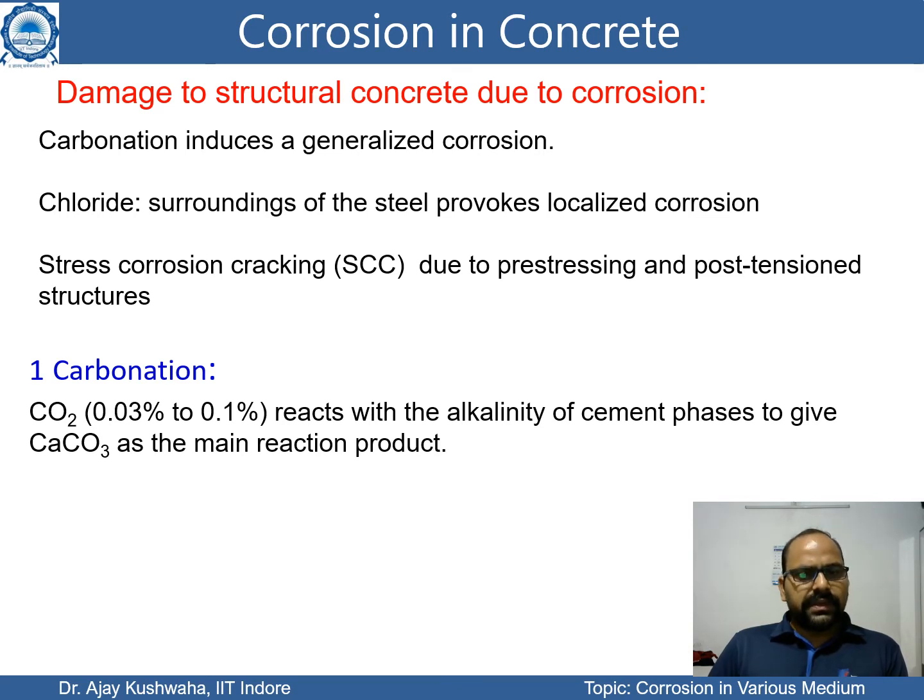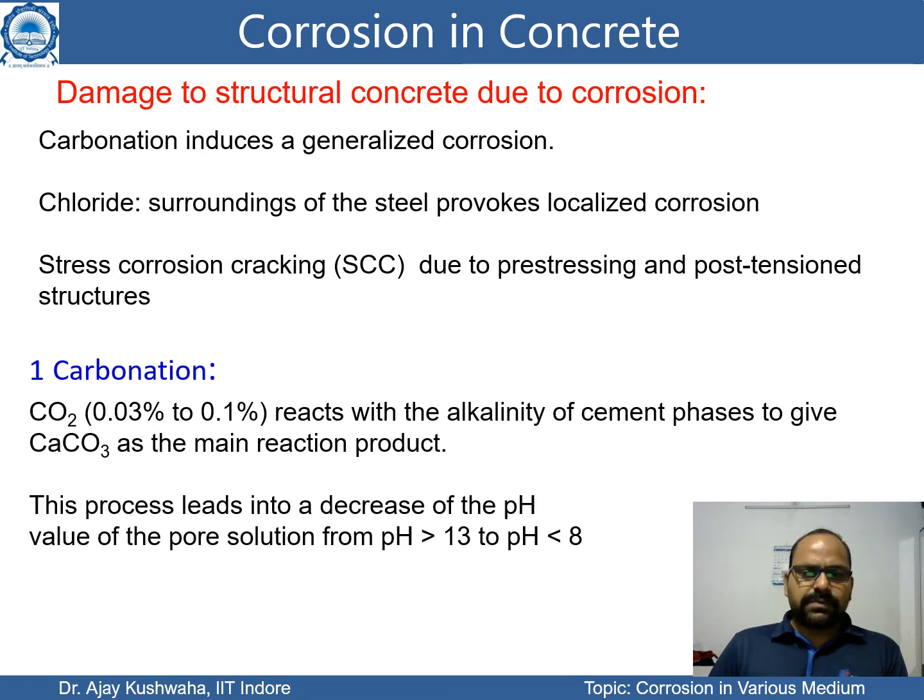Which means if carbon dioxide is there and it reacts with the water, then it forms this kind of compound, CaCO3, as a corrosion product. And when this process happens, the pH of that particular area, the pore, you can say, because the pore has excess CO2 as well as water,